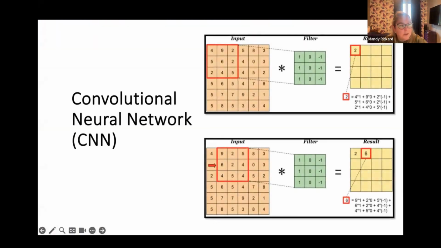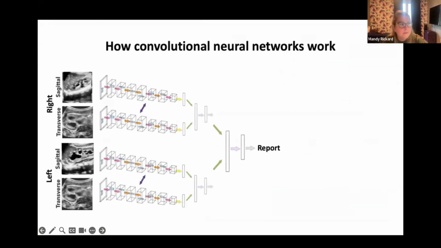And so when we're using convolutional neural networks for image classification, it occurs on a pixel level where a filter is passed over the image and patterns are identified. In the example on this slide, each number in the orange table represents a pixel, and the green table is the filter. Filters are used because they're helpful in identifying features such as edges and corners. The filter is passed over the image, and a mathematical operation or convolution is carried out between the pixel value and filter to produce a matrix summary as the result. So images are passed through each layer, and a report for the likelihood of outcomes of interest is produced.